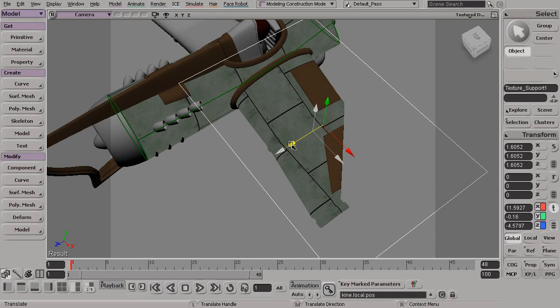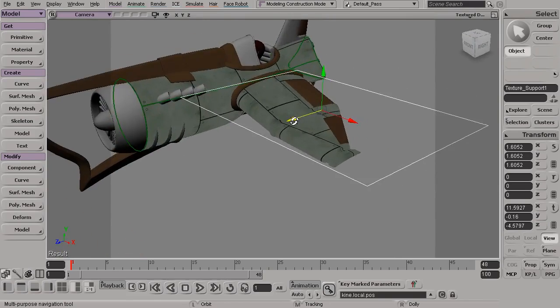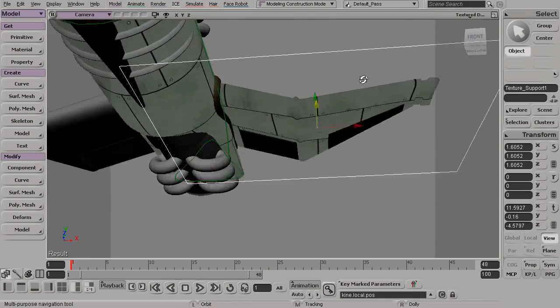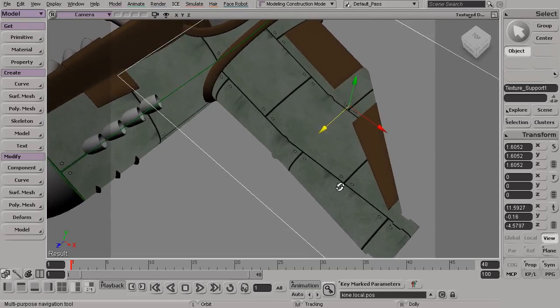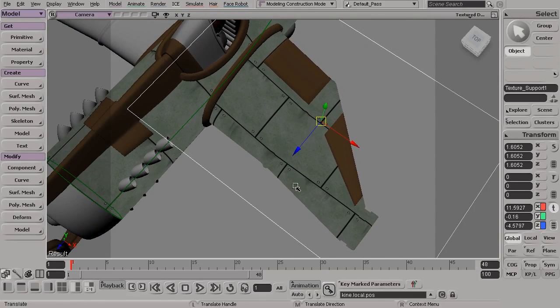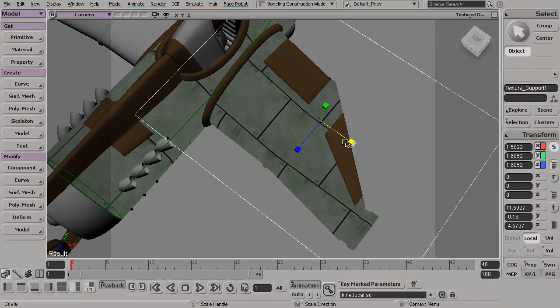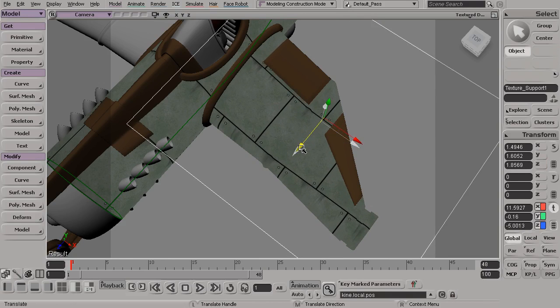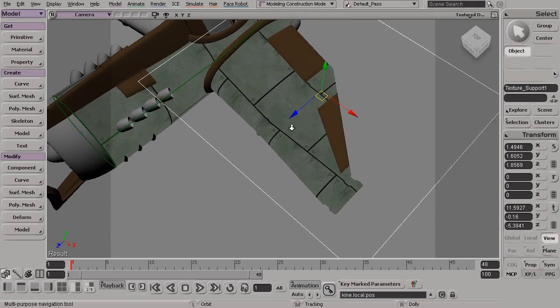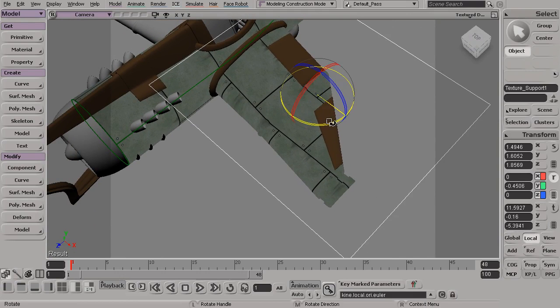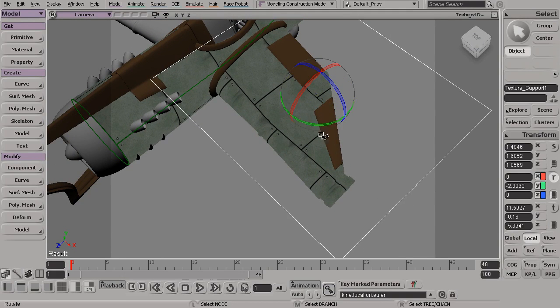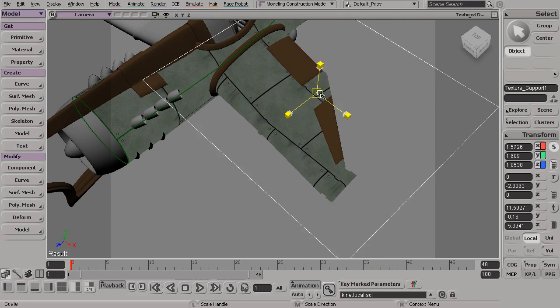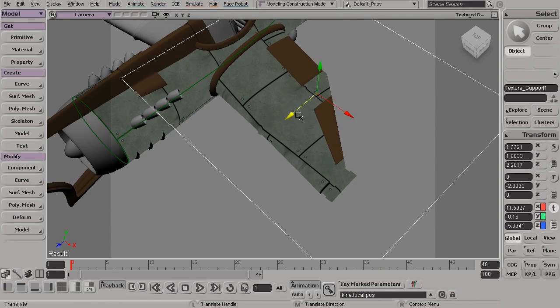So what I'll try to do is scale this up in a way where we have very little distortion as far as the actual image itself goes. So I might need to just scale this up a little bit more. And I'll try to position this in a way where the actual panels along this front wing are lined up pretty closely as far as this actual direction here is concerned. So just trying to get these nice and well placed on the wing itself,